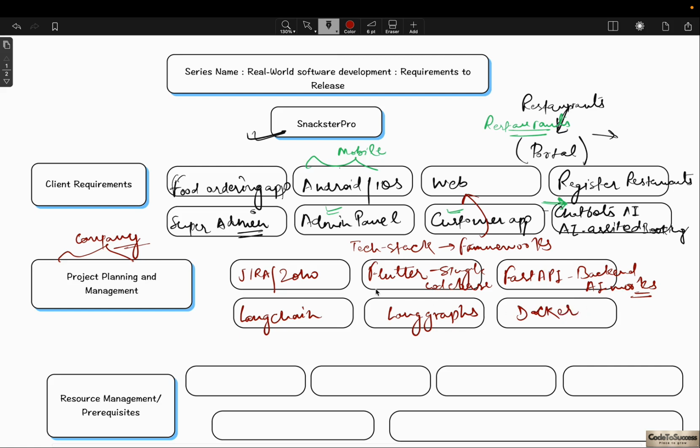So this is basically project planning. In project planning we take care of what tech stack we are going to use and how we're going to manage our day-to-day project tasks. Scrums are also there, but I will keep giving you a high-level overview of each of these things. Basically we will be creating tasks on Jira,